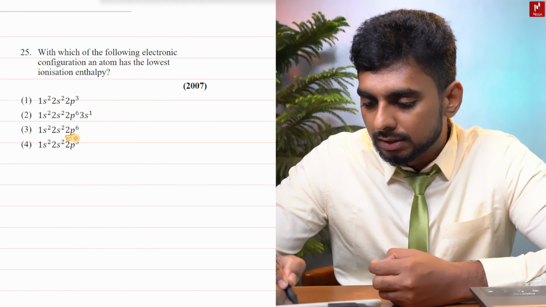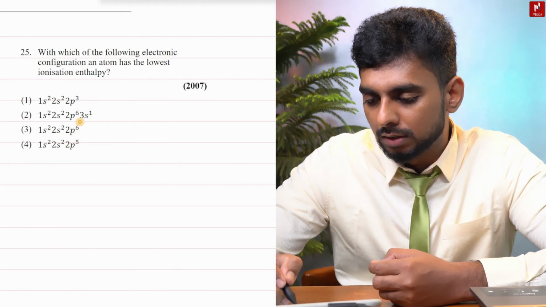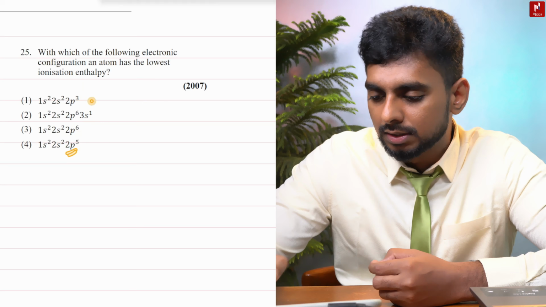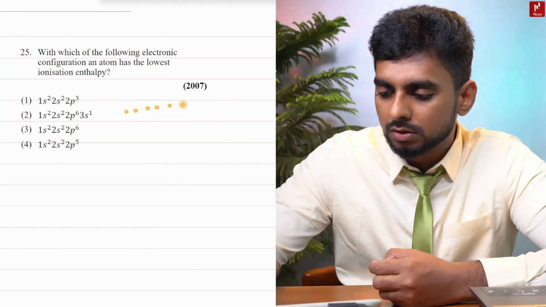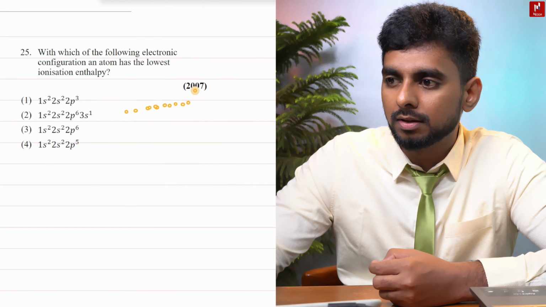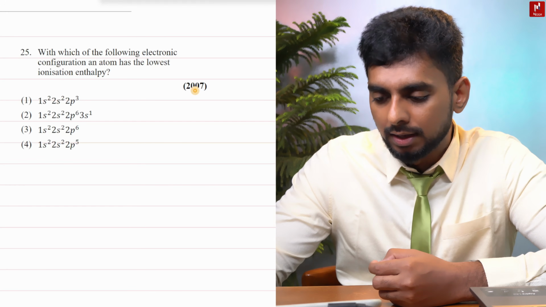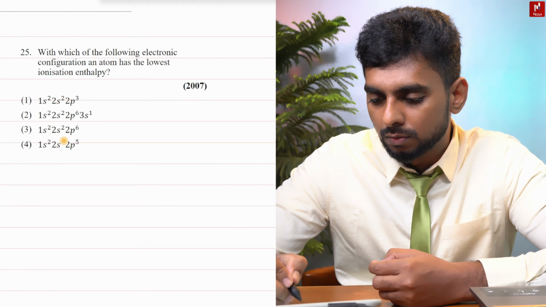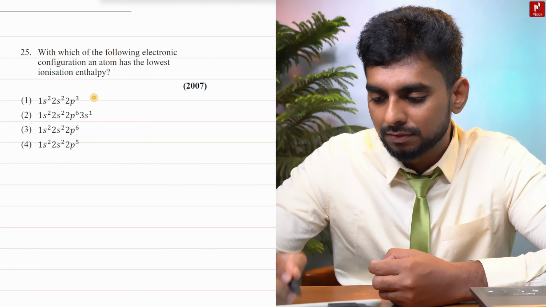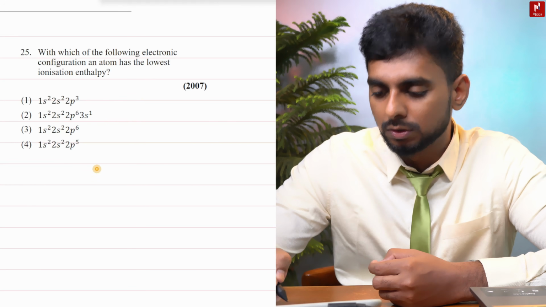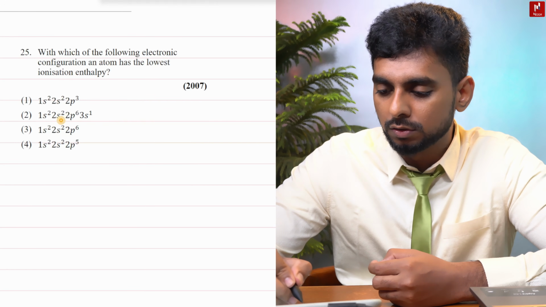Then 2p6, this is a noble gas configuration. That too will not work out. Then 2p5. This is also across the period. So as you move across the period, what will happen? The ionization enthalpy has to increase. Therefore options 1, 3, and 4 are not possible. The only exception over here is down the group, which will be option 2,